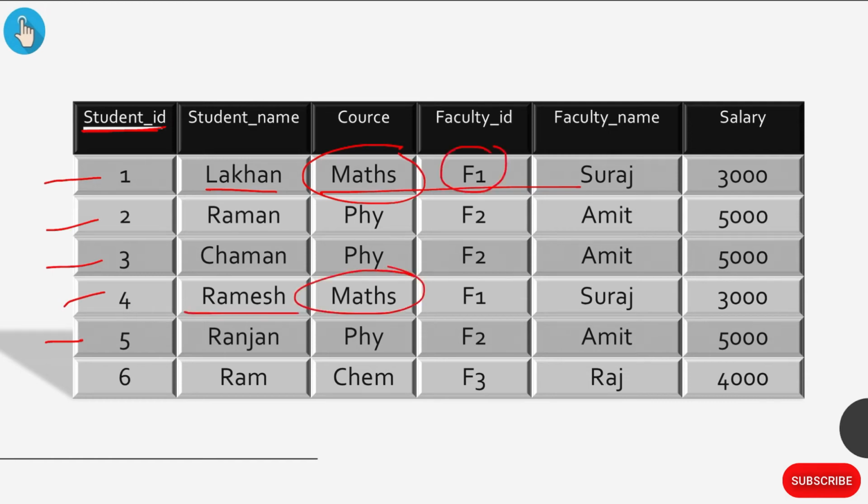So the faculty allotted to them is also the same. It is not like this student has another faculty who teaches him maths, or that the faculty allotted to each and every student is different, right? So here the row is unique, but if you see in this particular column, the faculty name, the name of the faculty, Suraj, has been repeated multiple times.